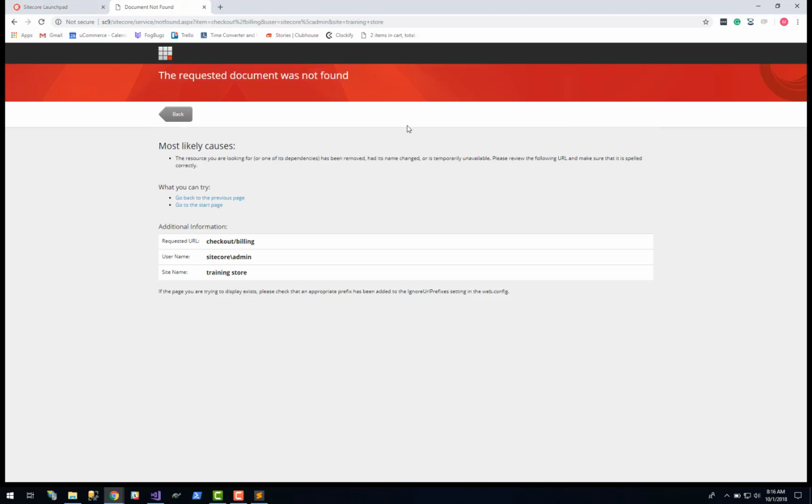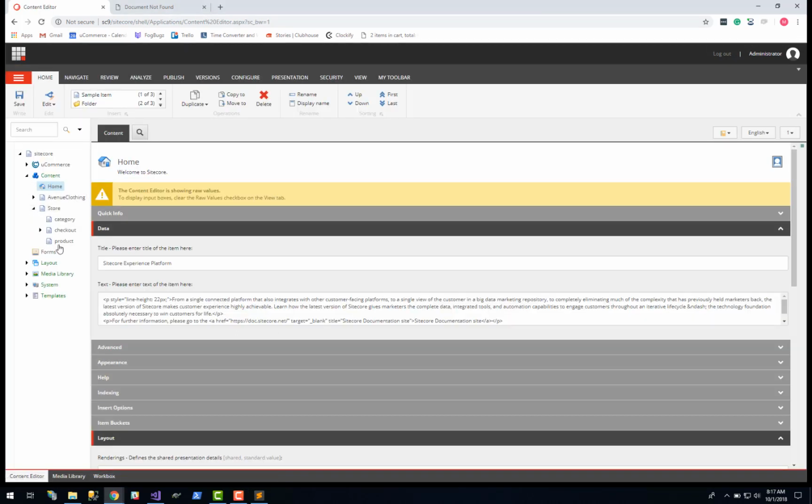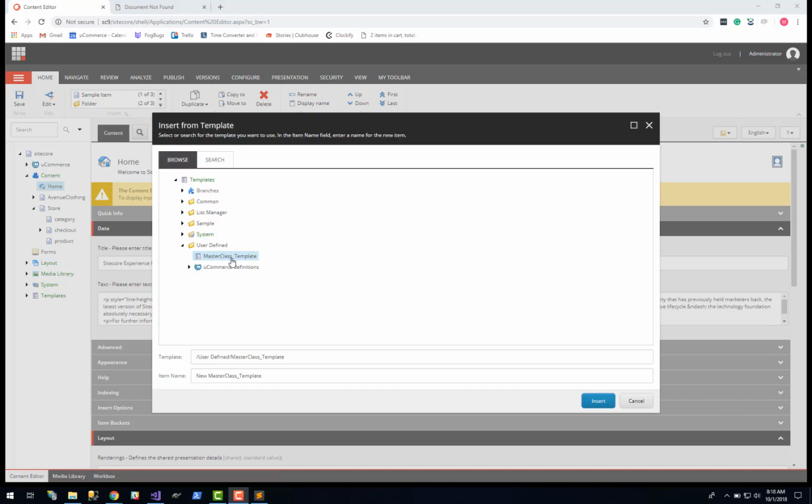So the first thing that we will do today is to go in and get rid of this error message from Sitecore by creating that content item that corresponds with the request that we are sending. So Sitecore knows how to respond on an URL like this. And we will do that inside Sitecore here in the content editor, down underneath our store and checkout. I will right click on that node, insert from template. I will select my masterclass underscore template and then I will call the item here for billing, just like that, insert,